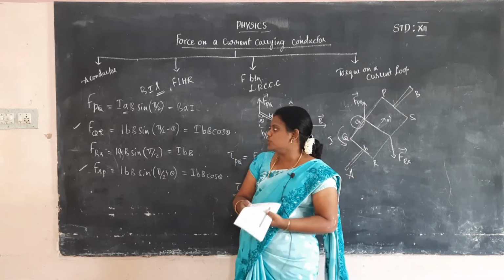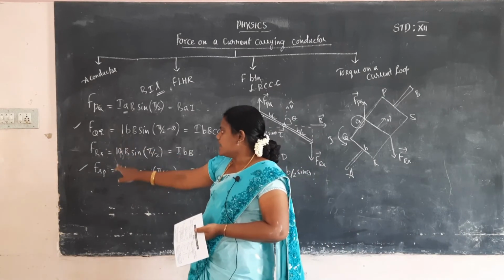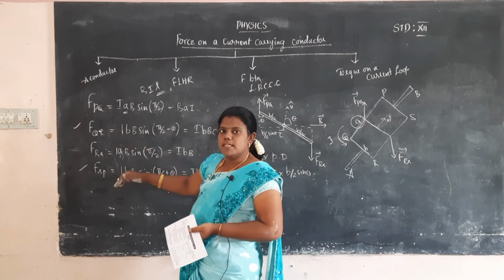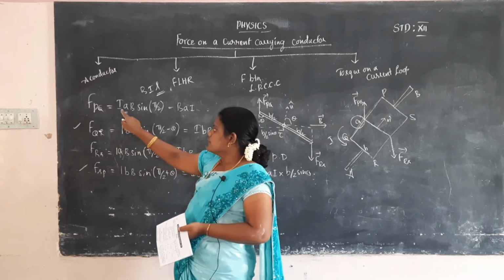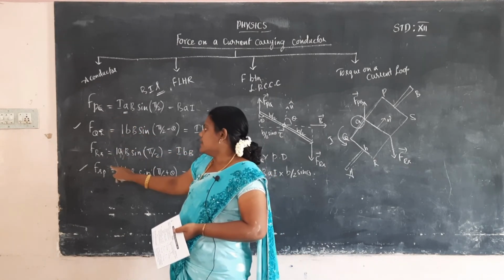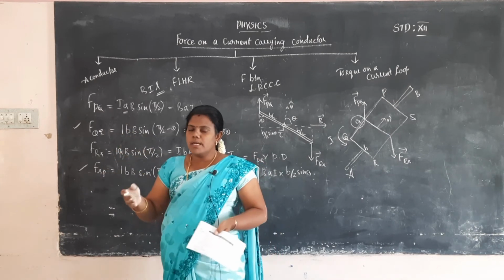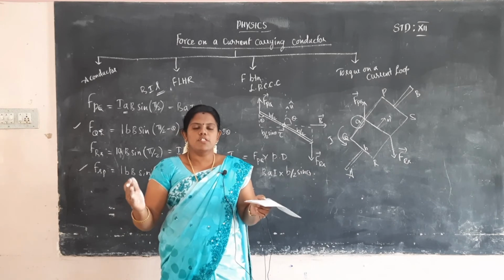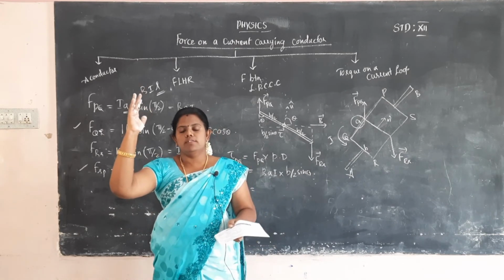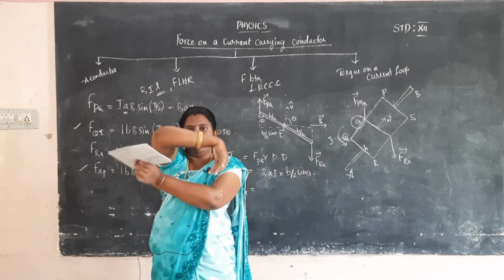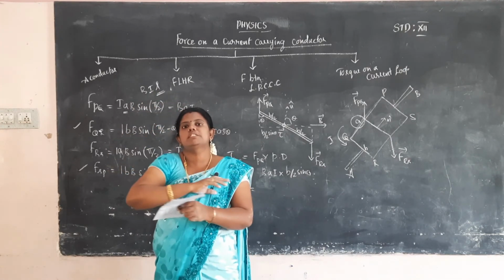So the two forces, FQR and FSP, will be acting equal and in the same direction. But the forces created on the BQ arm and the RS arm will be equal but opposite. Automatically one force acts upward, and one force acts downward. The two forces create one moment of couple, which is called torque.